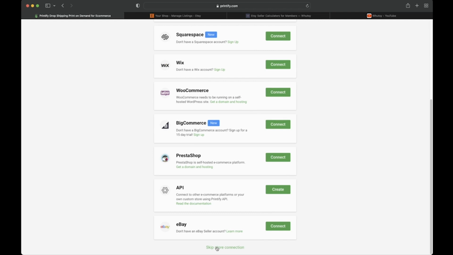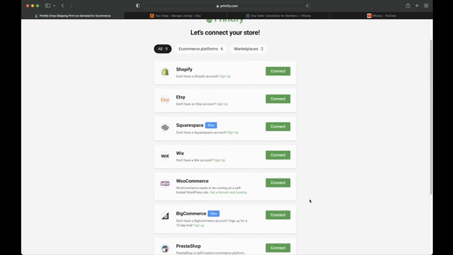So you can get that product catalog built up maybe while your website's getting built, or for some reason your Etsy shop was disconnected and you need to wait for it to be activated, or I don't know. There's lots of scenarios that you could possibly come up with to skip the store connection, or maybe if there's like a website platform that's not on here,